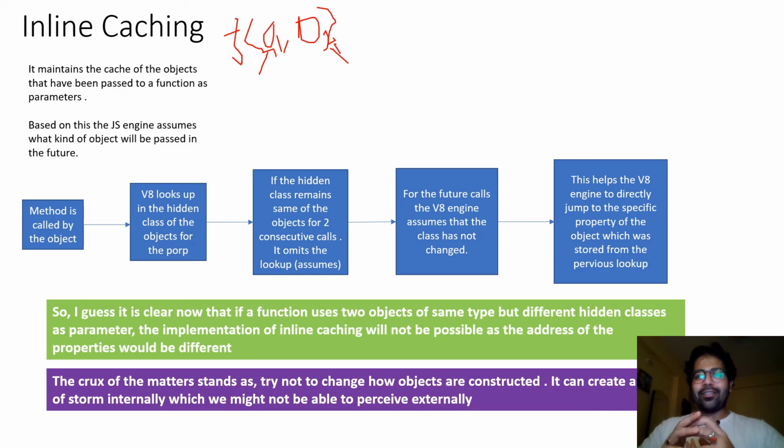However, we do not see the storm externally. So this is basically how JS works under the hood. I hope that it clears a lot of concepts, like how interpreters are working, how compilers are working, what are hidden classes, what is inline caching, what is a hot piece of code, what is a warm piece of code, right? Now that we have understood this, from the next videos we'll get into memory management and do a lot more coding, which will help us as JavaScript developers and also help us in the interview processes. Okay, thanks.